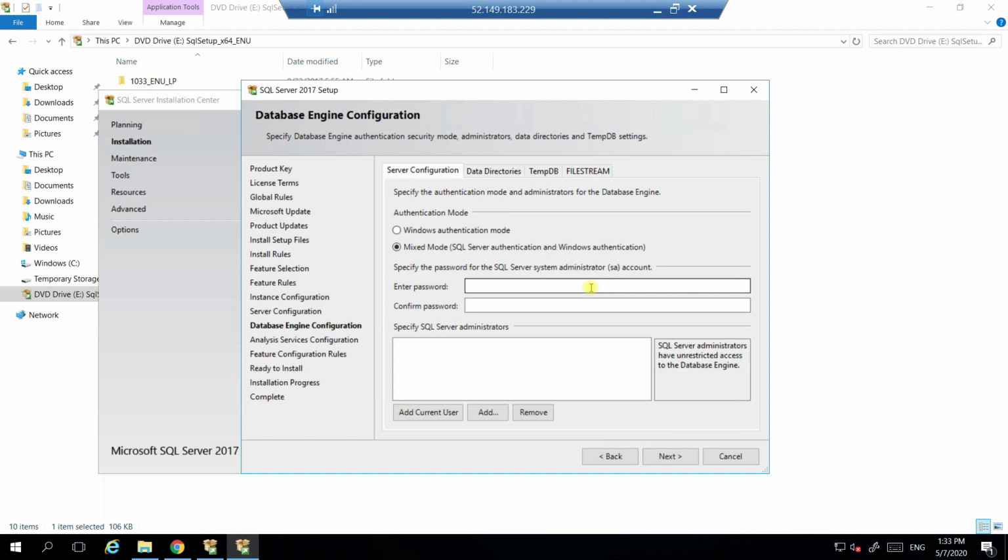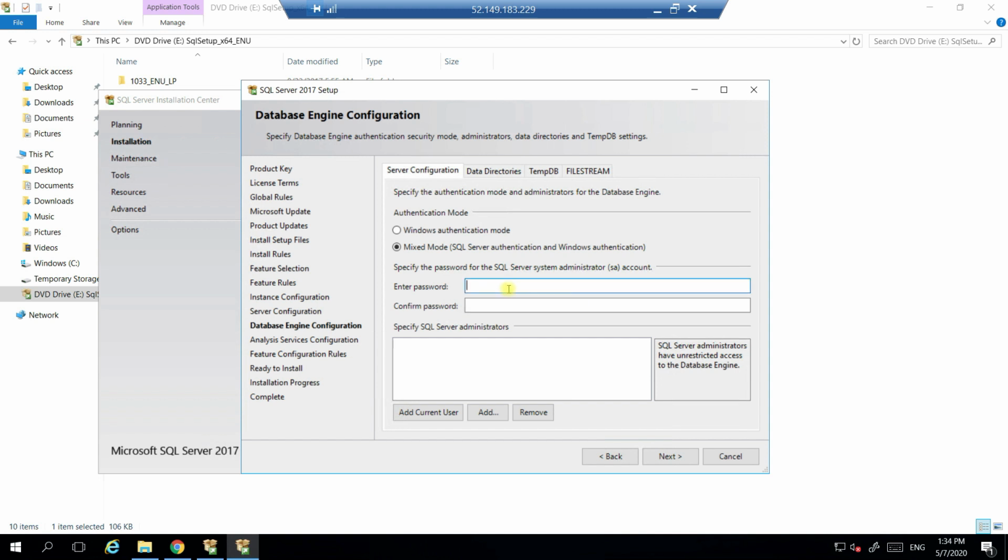Once it is done, if you try to log into the server, it will be asking the authentication modes: Windows authentication, SQL authentication, Active Directory authentication. There are many authentications, but it is on-premises now. It is not cloud. So for on-premises, we have these two authentications: Windows mode and SQL Server authentication. If it is cloud, which is Azure, it will be something called Active Directory authentication. We will discuss all these things in Power BI, because in Power BI service we are going to do the scheduled refresh of data. That time I will tell how the refresh works with on-premises and cloud and OneDrive. We will see even more in Power BI service. That time I will tell.